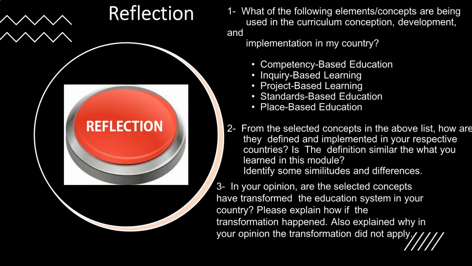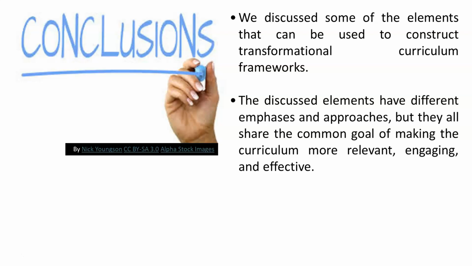To sum up this lecture, we have discussed some of the elements that can be used to construct transformational curriculum frameworks, such as understanding by design, 21st century skills, competency-based education, culturally relevant and responsive pedagogy, and STEAM education. We have seen how these elements have different emphases and approaches, but they all share the common goal of making the curriculum more relevant, engaging, and effective for the learners of today and tomorrow. I hope this lecture has given you some insights and inspiration on how to design and implement curriculum transformation in your own contexts. Take note that there are activities related to this lecture that you need to take to cement